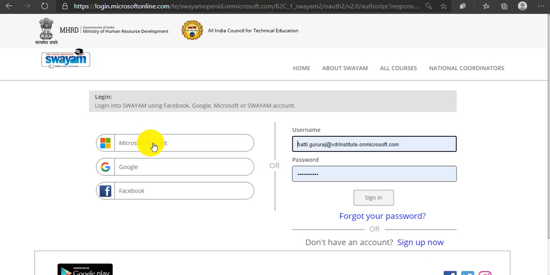You can log in or sign in to the Swayam portal using Microsoft account, Google account, or Facebook, or you can create an account using this sign up now option. As I know, most of the people will be using the Google account.